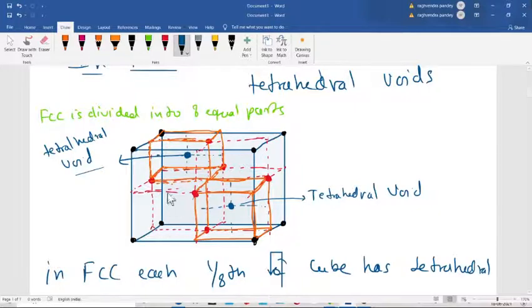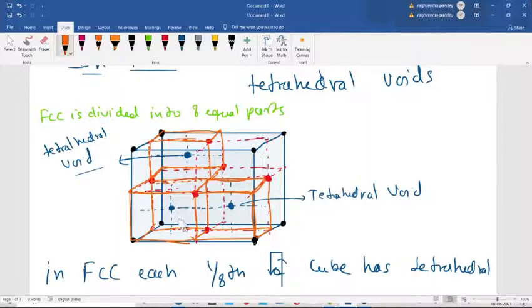Now let's see another calculation which is required. Now if you see, this is also a tetrahedral void, because 1, 2, 3 and 4. If I take this cube, then it is again a tetrahedral void.